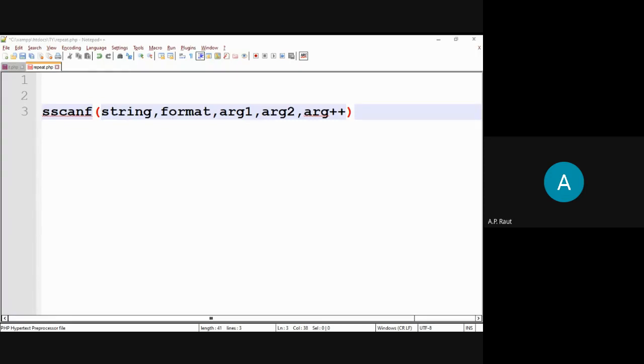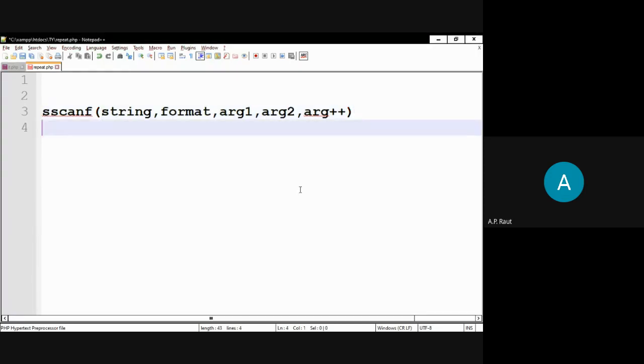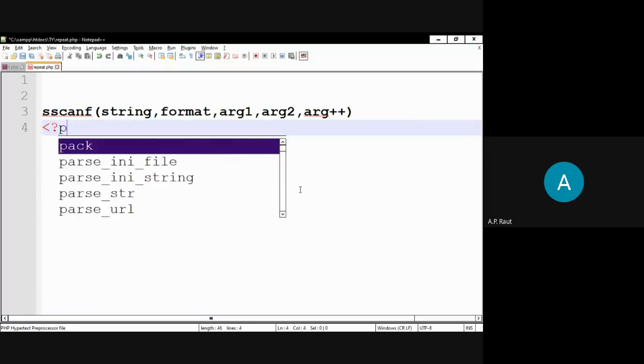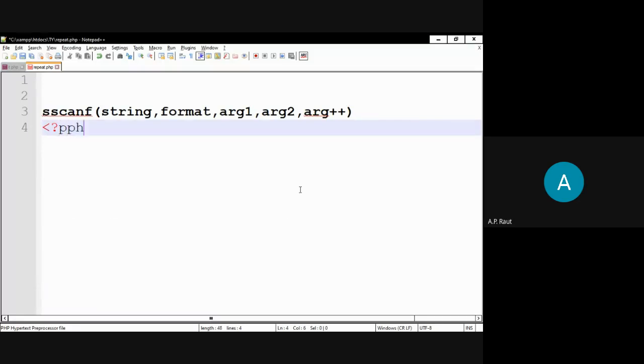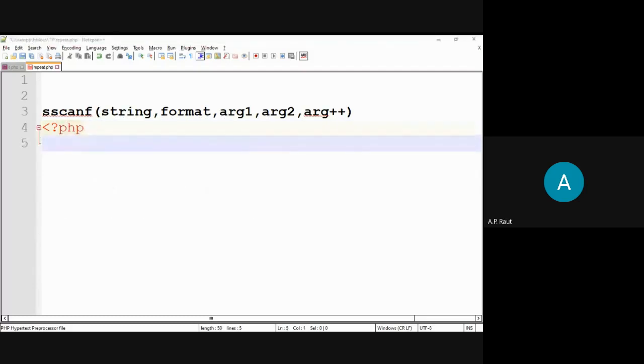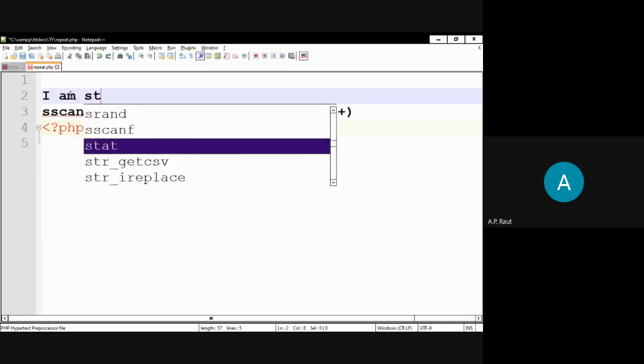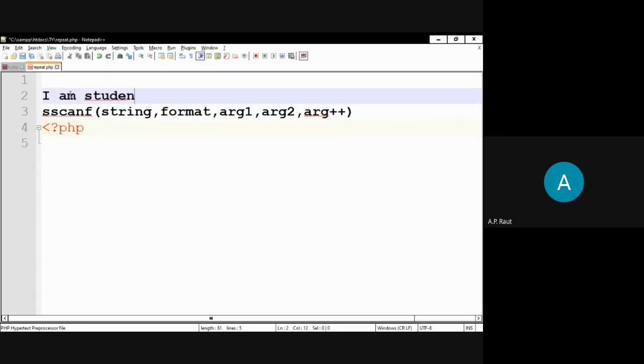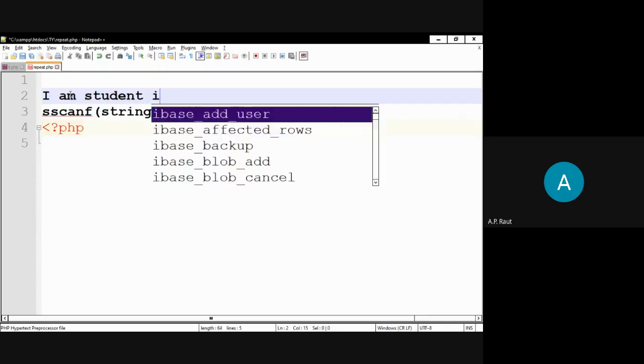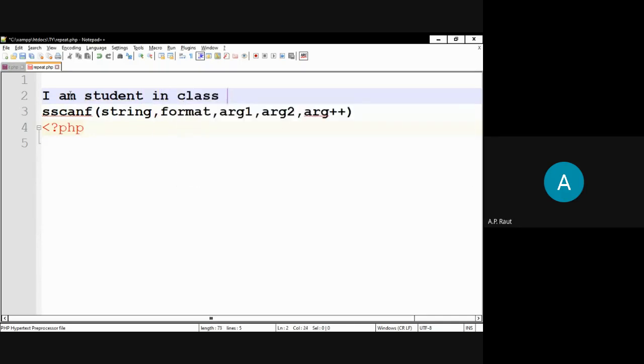So when we write the program for the scanf function, you can use it when you are writing a large string, which is decomposed. For example, I will write the statement as I am student in class 12 and up to.